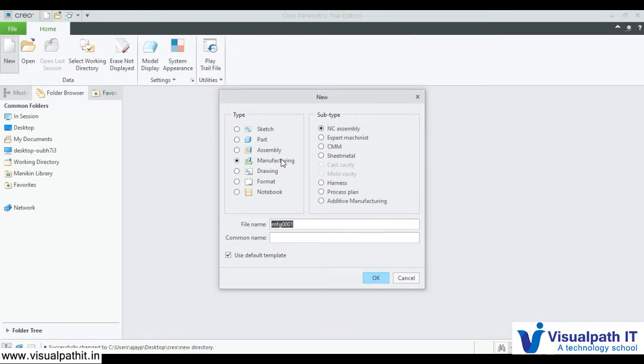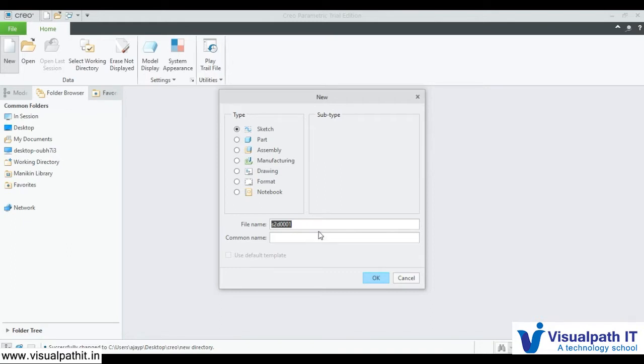And if you go for manufacturing, there are different modules in that, for CMM, sheet metal, harness, and many more. There are also some more professional and specific modules like flow analysis, which are very high level. First let's start with the basic sketcher.